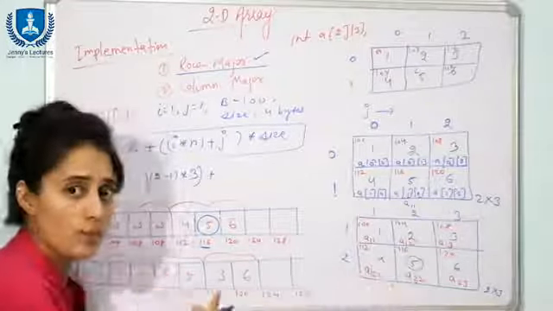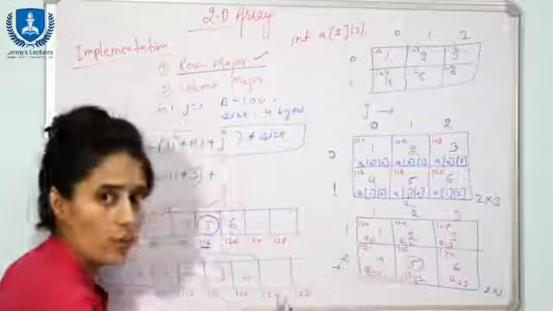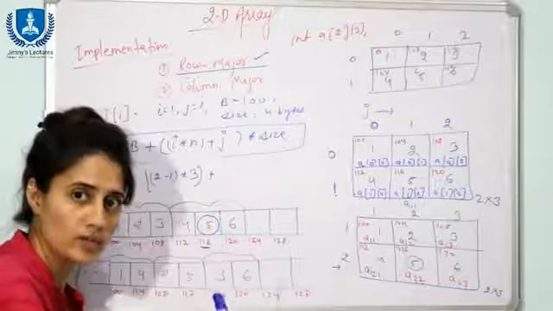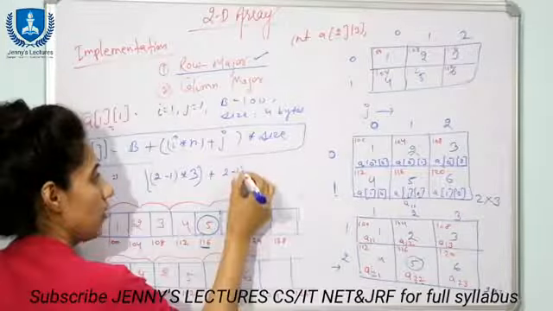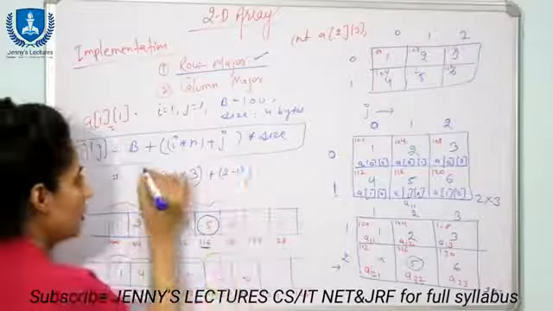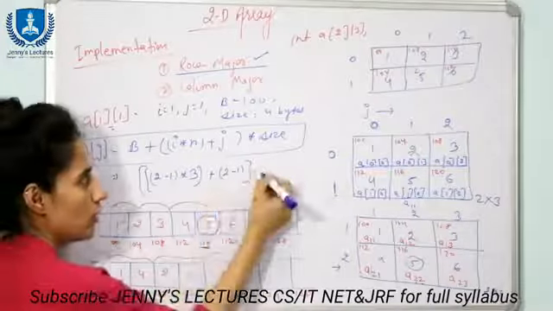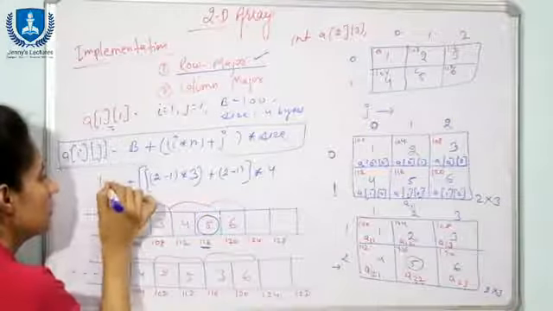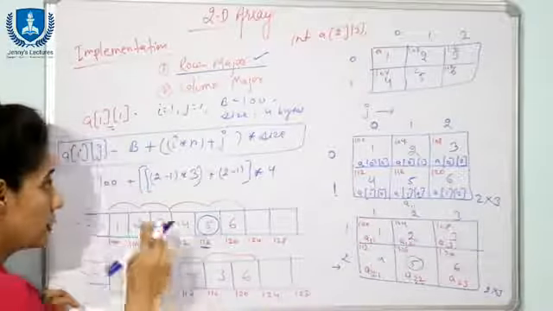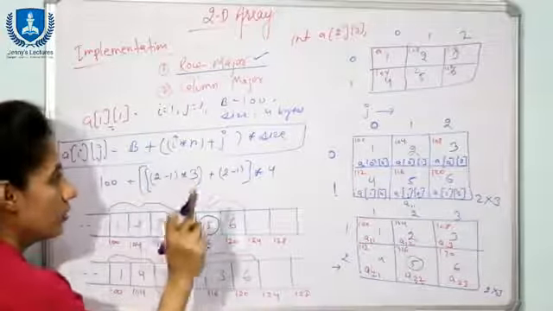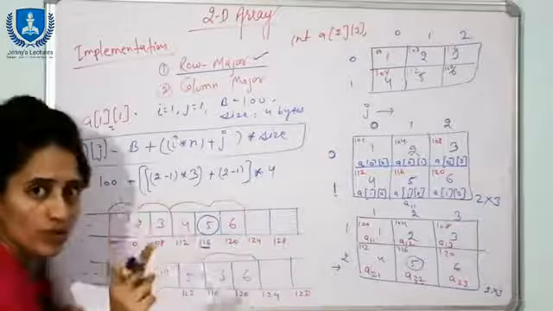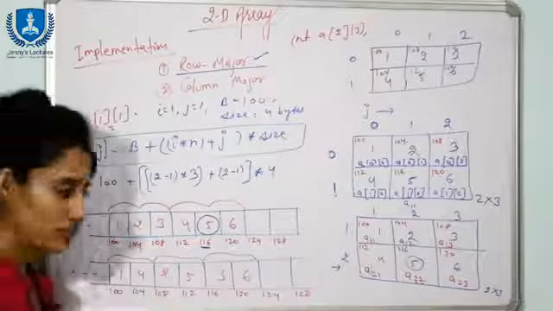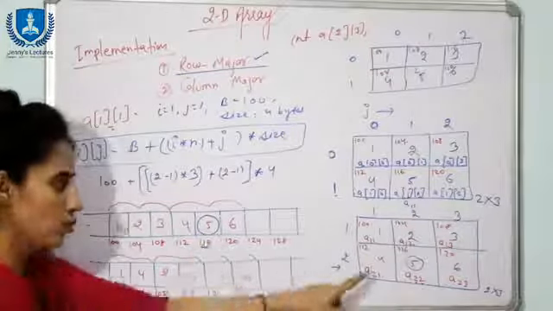Now, how will you come to know how many elements you have to cross in this particular row also? Check the second index, that is 2. 2 minus 1, right? That is one element. So here also you will write 2 minus 1. This is the number of elements you are going to cross, into size. Suppose I am taking 4, plus base address, suppose 100. So now calculate: 2 minus 1 is 1, 3 into 1 that is 3, plus 2 minus 1, 1, that is 3 plus 1 that is 4, 4 into 4 is 16, and 100 plus 16 is 116. So this is how we are going to calculate in this case.